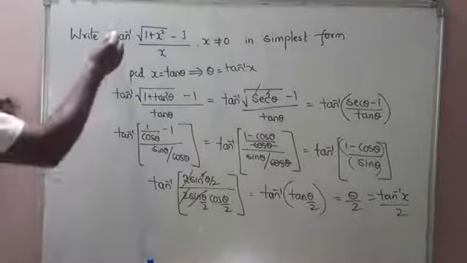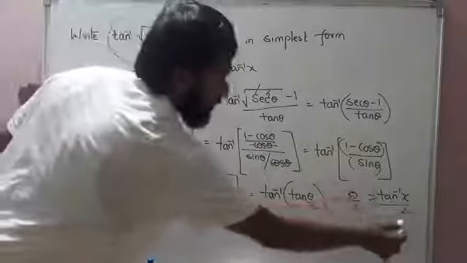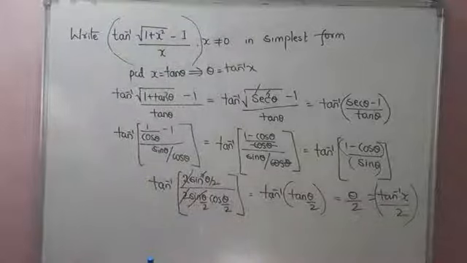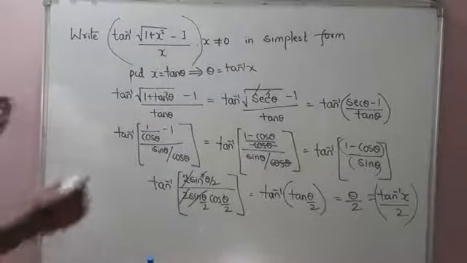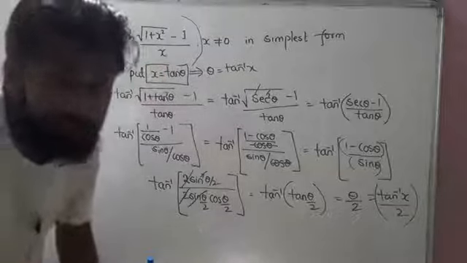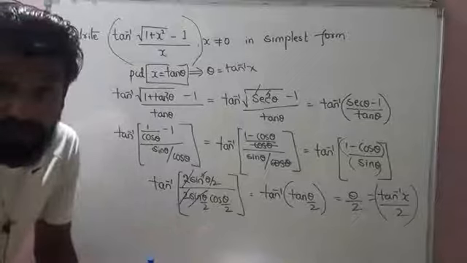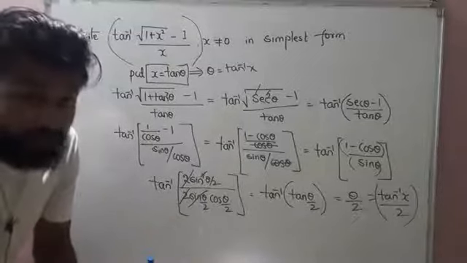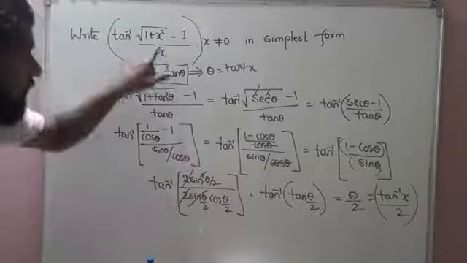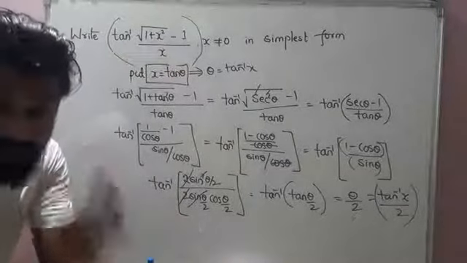Now you can see, my dear friends, the given question was somewhat big and we simplified it. So now here the important thing is how I wrote x equal to tan theta. That's the one thing that is very important. How did we directly get x equal to tan theta? Very good. That comes only by observation, because if I put x equal to tan theta, 1 plus tan square will give me sec square theta.